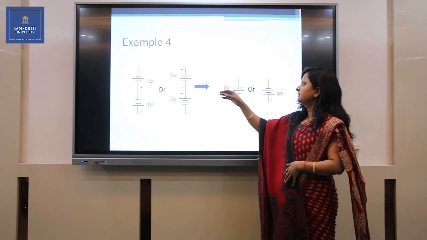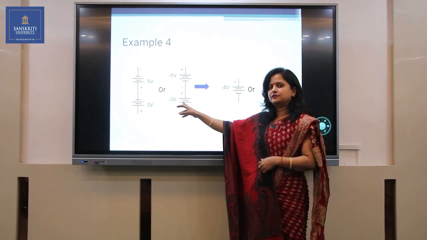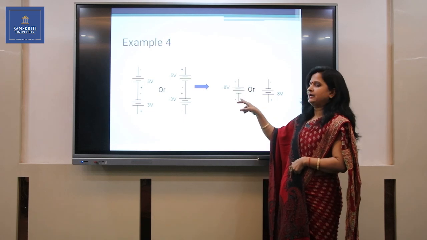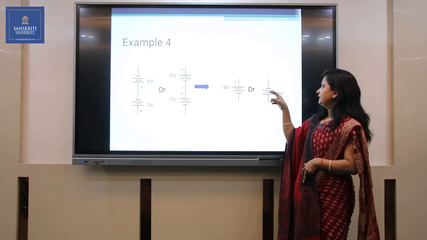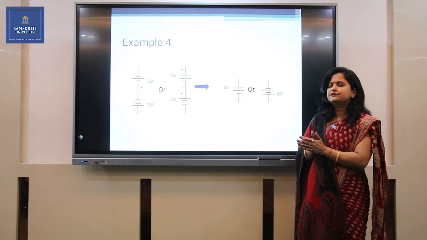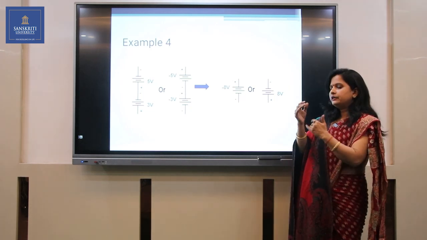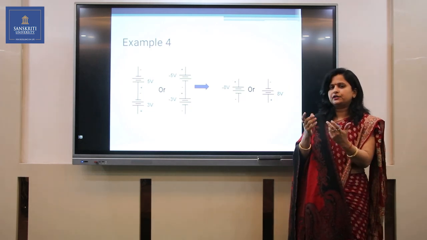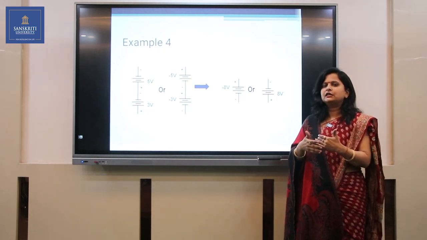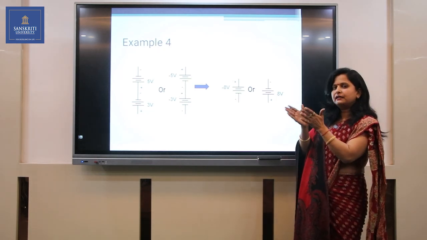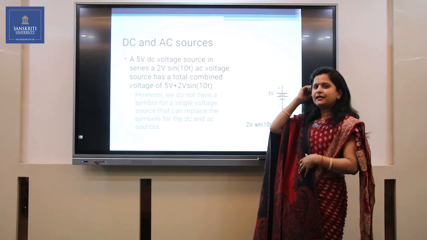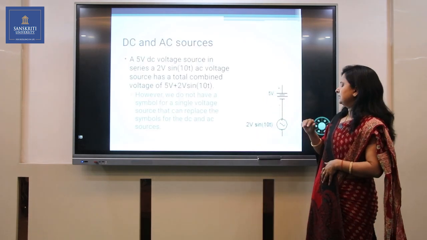What will be the resultant? Minus 5 volt minus 3 volt means minus 8 volt plus minus, or you can say that 8 volt with minus plus polarity. So here we have seen how different voltage sources, a DC voltage source or a battery, can be added together with changing their polarity, and how we can add them with the same magnitude with a DC and AC source. So let us consider another example.